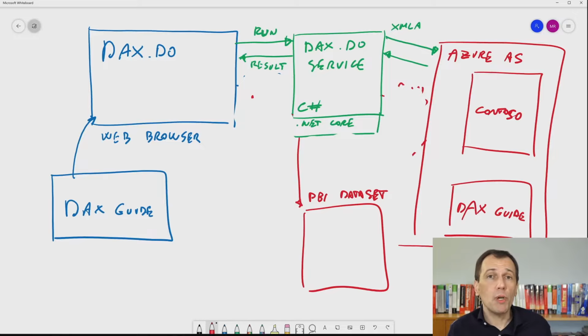And a similar question was, can DAX.do replace DAX Studio? No. For many reasons. One is the reason that I already explained. Another reason is that if you think for a moment, DAX.do doesn't have many of the features that you have in DAX Studio. For example, DAX Studio has the ability to monitor performance. DAX.do doesn't have any of these features, and it would be a